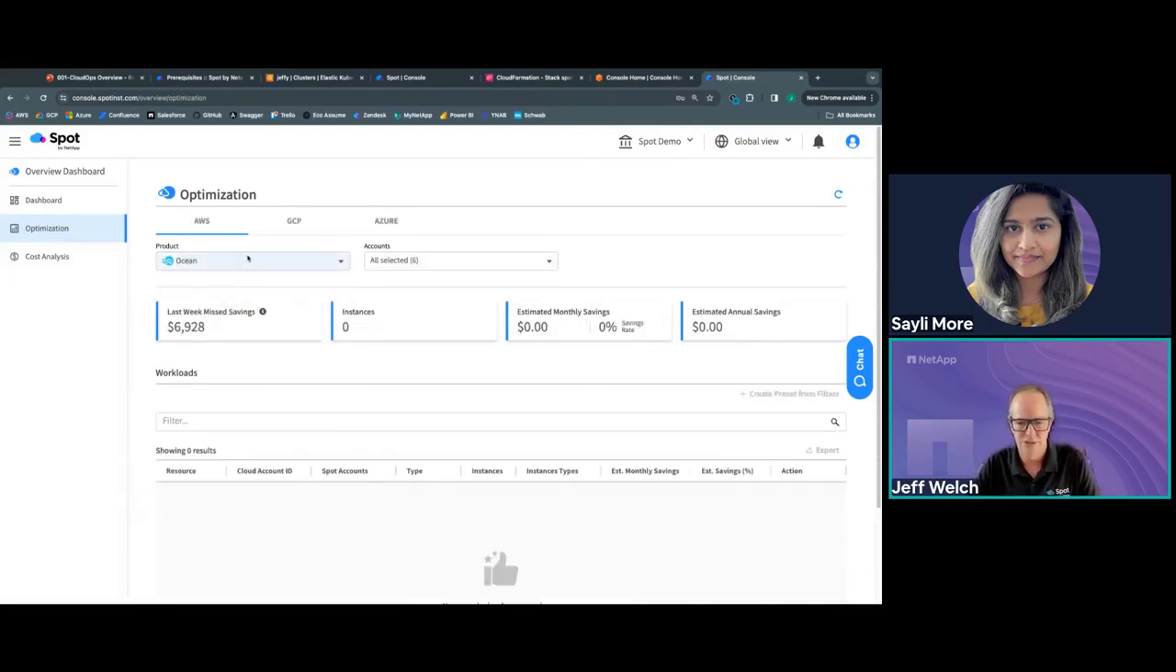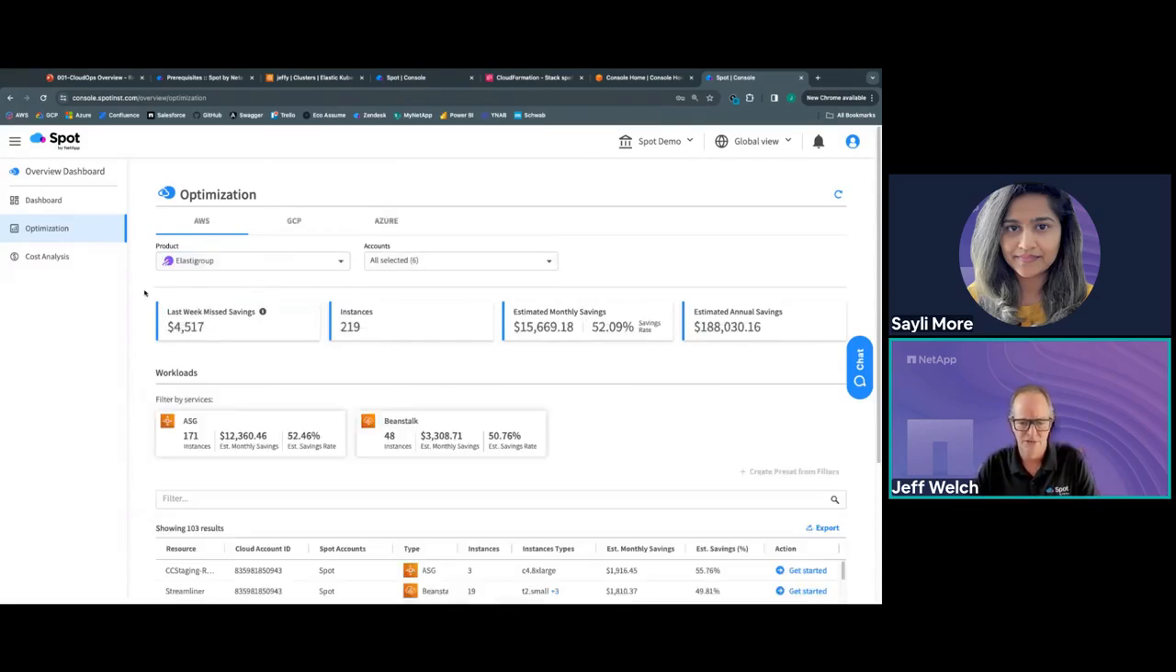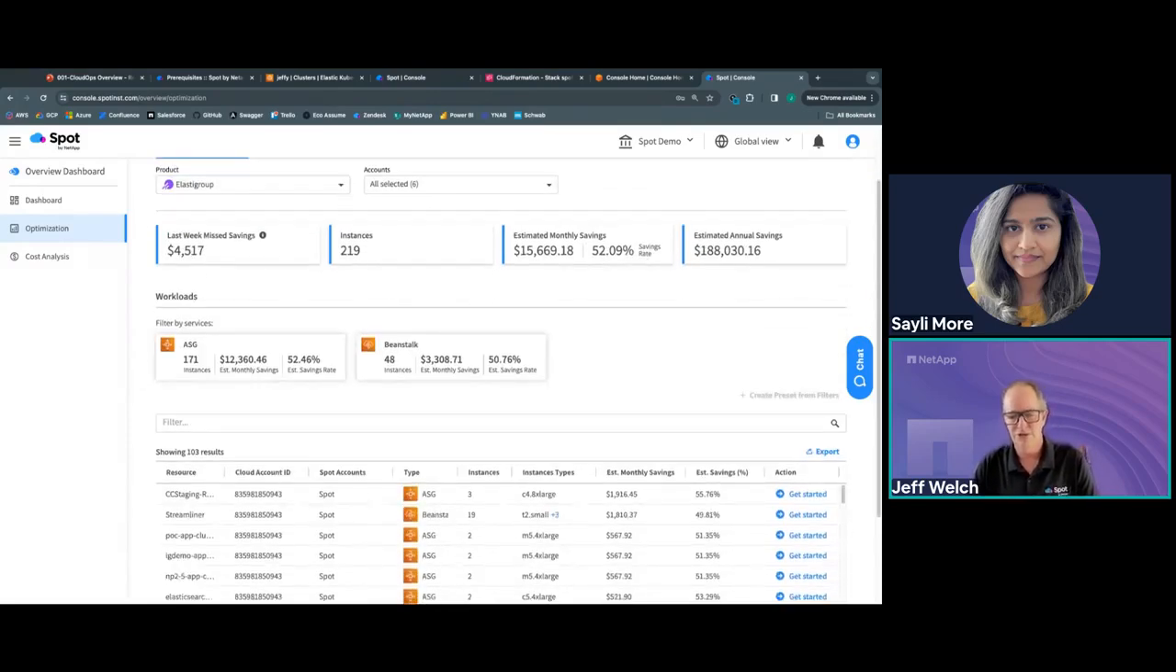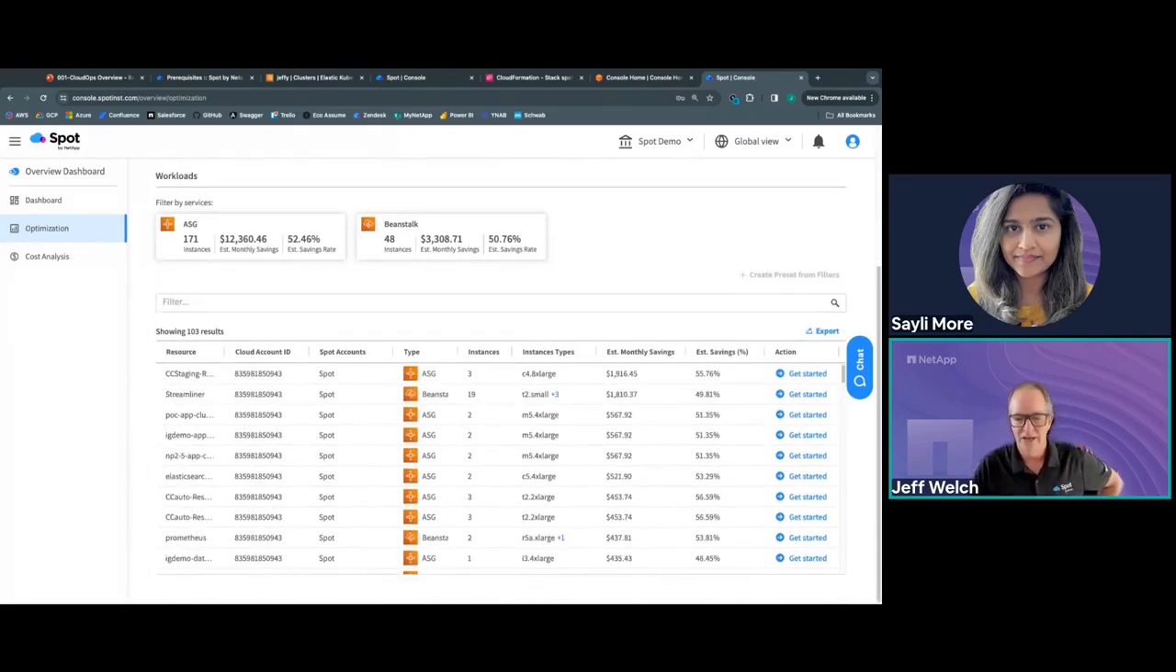Do we have Ocean in this one? Nope, it's fine. We have Elastigroup. So it's going to look at your infrastructure and break it down by cluster or auto scaling group or load balancer or whatever service you're using where these instances are running. We're going to analyze those over time, and we can present back to you